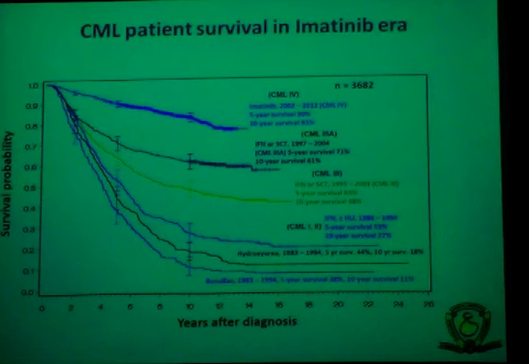Then here is a comparison of again different treatment strategies. This on the x-axis is the number of years of survival after diagnosis. Blue one is the busulfan. The survival has gone down. Better was a bit of hydroxyurea between 83 and 94. The pink one is for interferon and hydroxyurea, either alone or in combination, between 86 and 94. Much better than busulfan. Then the green is for interferon together with